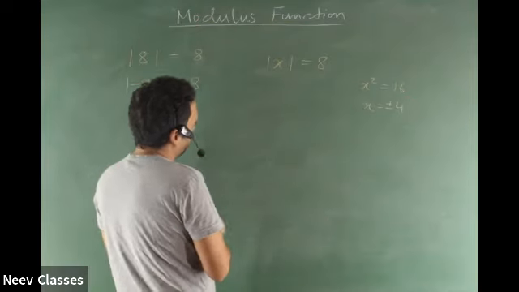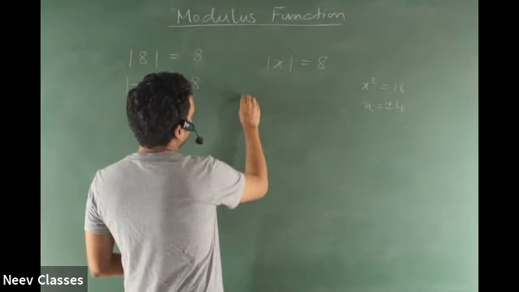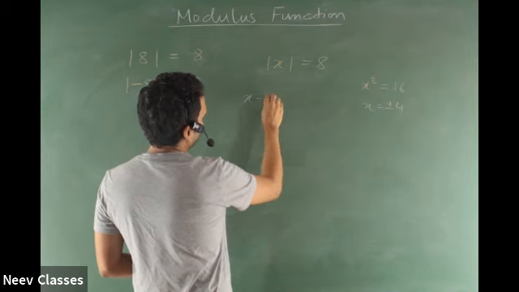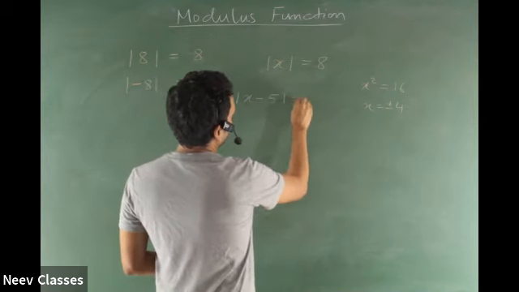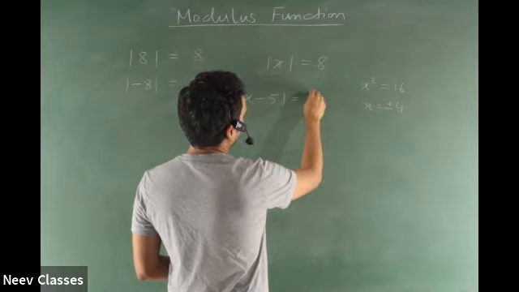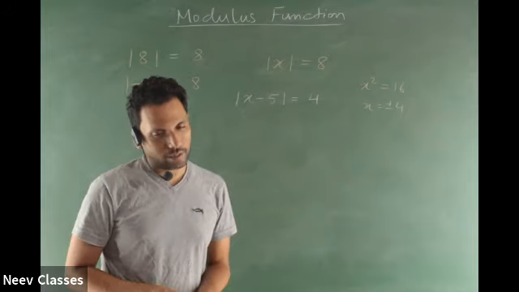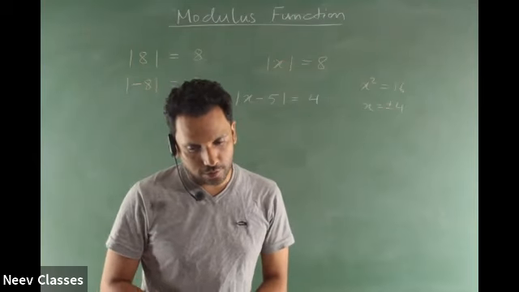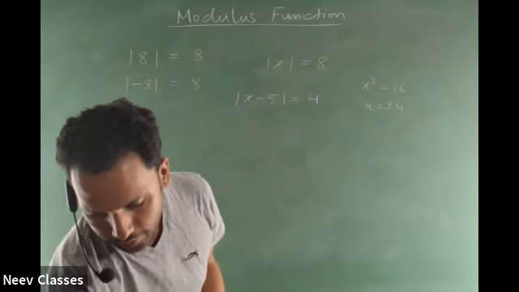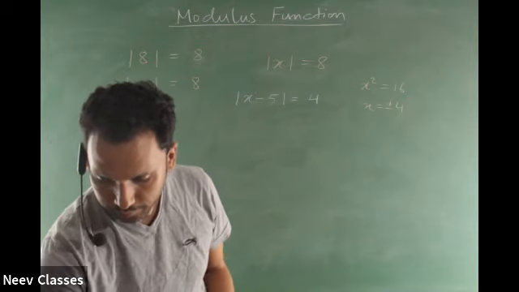So quickly tell me, what about this? I have x minus, say, 5 is equal to mod, say 4. What is x? x is equal to 9, plus or minus 9? Oh, sorry, 9. Sir, x is equal to 9 or 1. If you give the right answers, man. So it's 9 or 1.